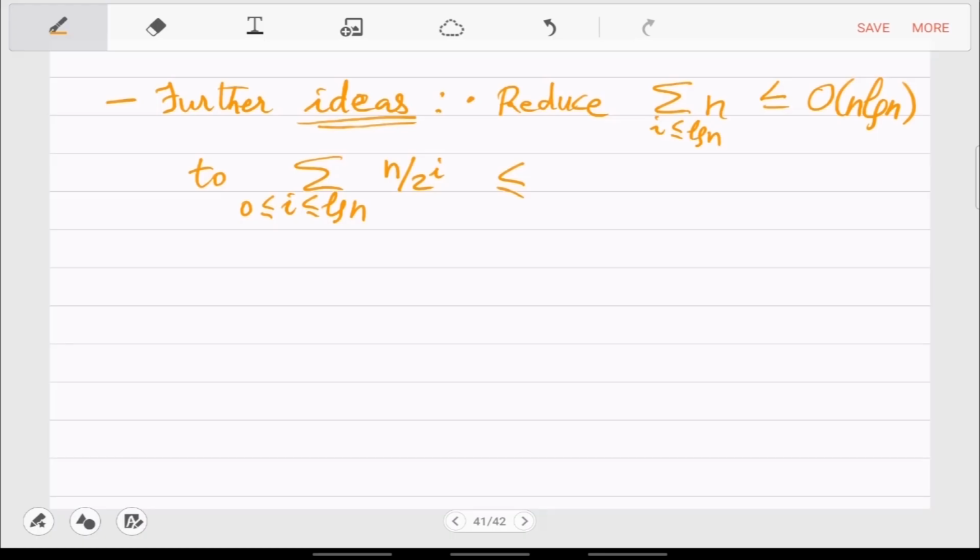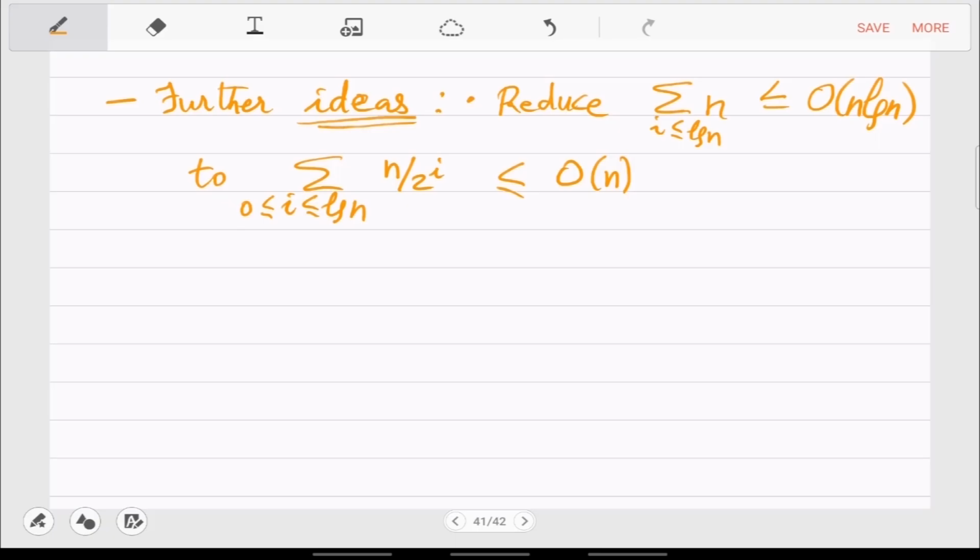It's even smaller than 2n, so you can write big O of n. Even if you go to i equal to infinity, you can show that this sum is actually only like 2n. So you use this high school inequality as an idea to develop a new algorithm.